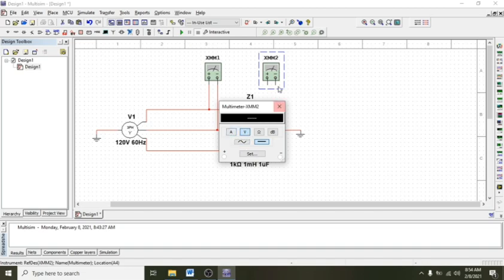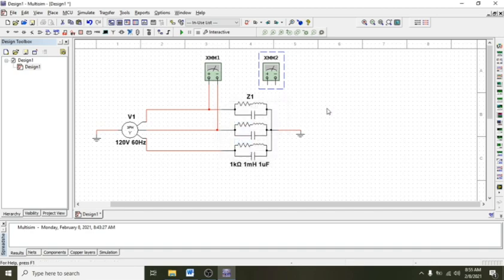By the way, you can set the meter to ammeter, voltmeter, ohmmeter, or it can measure the noise in decibel. For this experiment, we'll be using it as an AC voltmeter. So just set it to voltmeter and then AC. Okay, this one, and then click close. To measure the phase voltage,